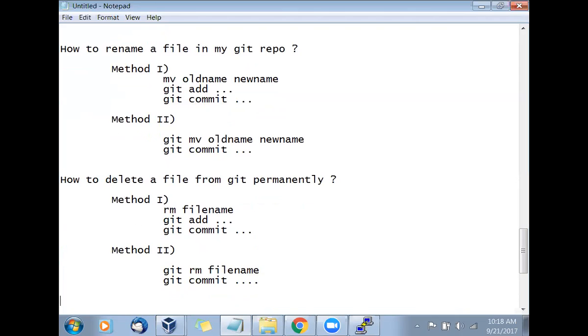Okay, so how to delete a file? You will go with the rm command. So that is git rm. RM means remove the file permanently. So the file will go away permanently. It will remove the file, meaning there is no reference available to that file.